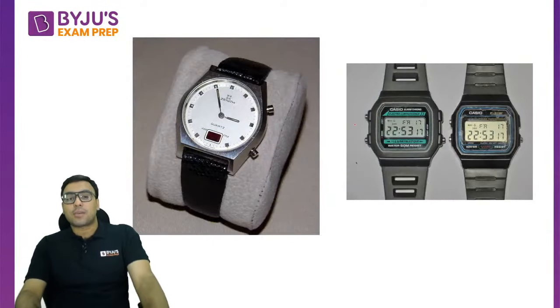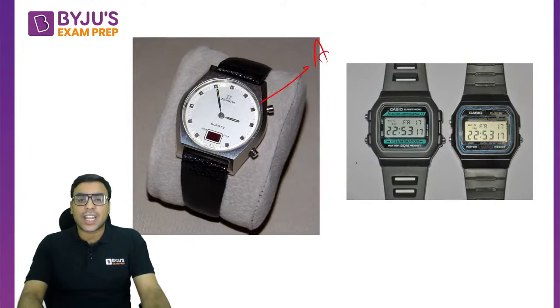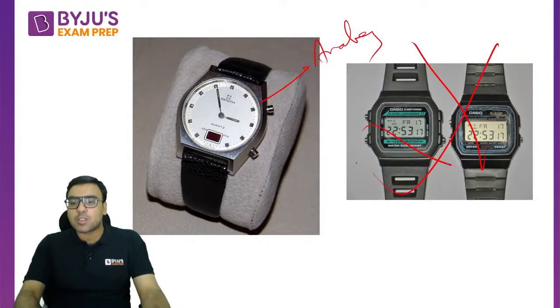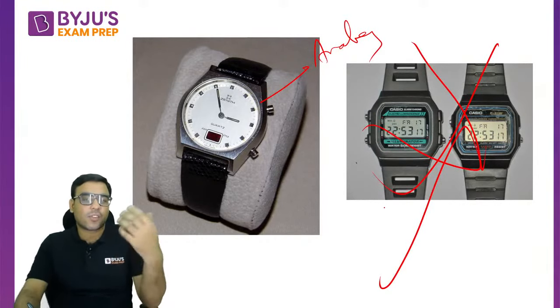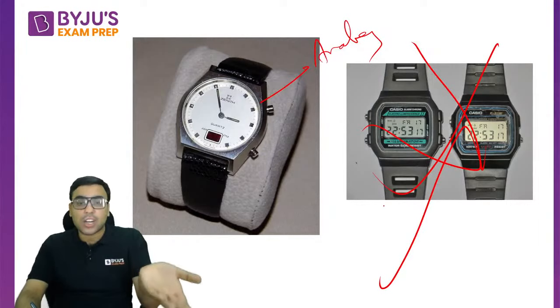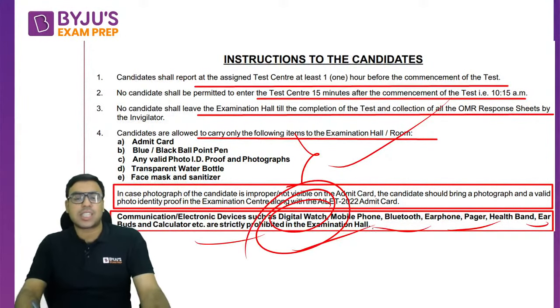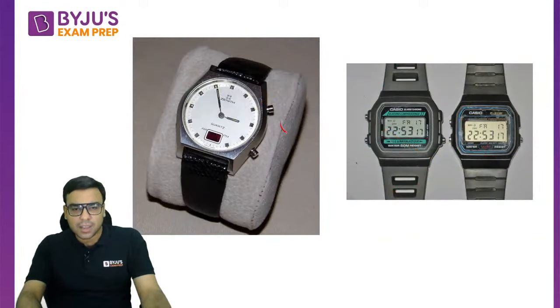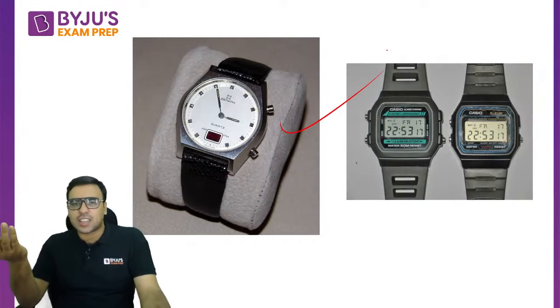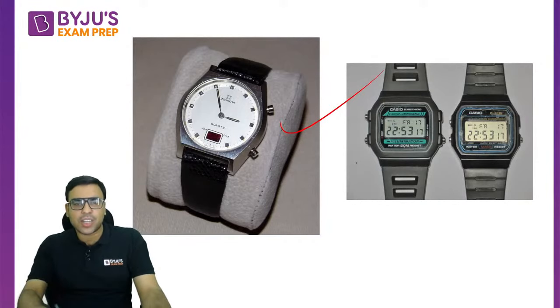If you have problem, then at max you can take analog watches. Please do not take digital watches or any other watches which contain calculator or something. It will not be allowed. Analog watches, they have not prohibited. It's not written that analog watch. They are talking about digital watch. So digital watch is not allowed. Generally, we have watches in the examination hall, but if you have problem, you can take analog, not the digital one.